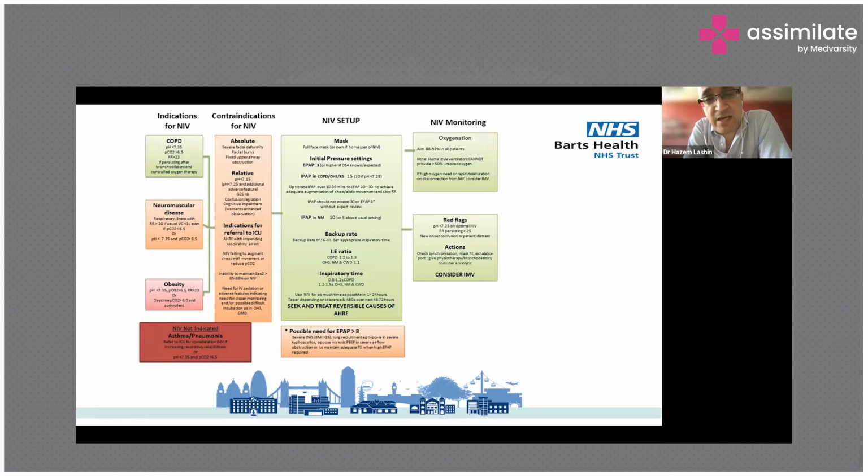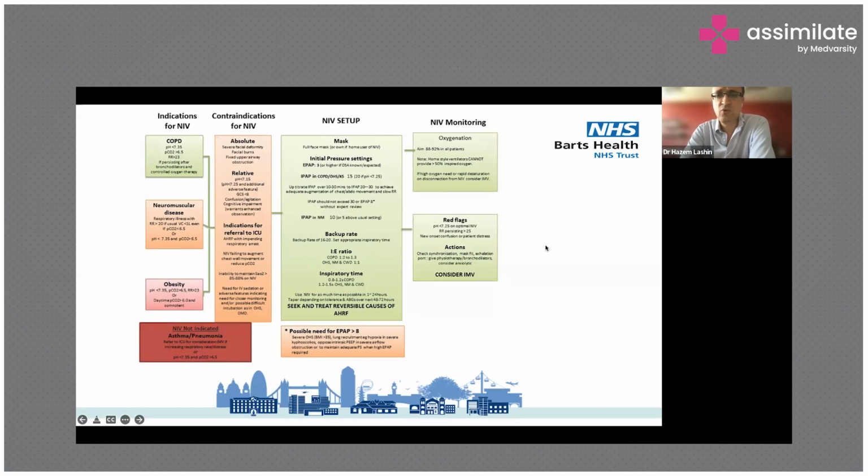response. Backup rate. This may be available in some NIV machines and definitely on ventilators. If the patient's respiratory rate goes down below a certain level, the machine will provide some mandatory ventilation through the mask, and they suggested that the rate should be between 16 and 20. IE ratio and respiratory time, I think this is more for mechanical ventilation. We maintain oxygen saturation of 88 to 92, as we said, and the red flags to